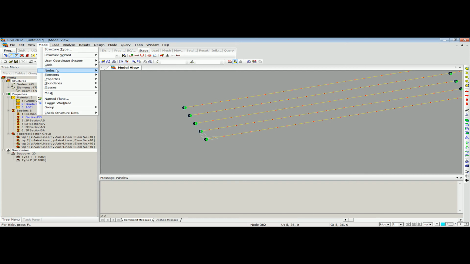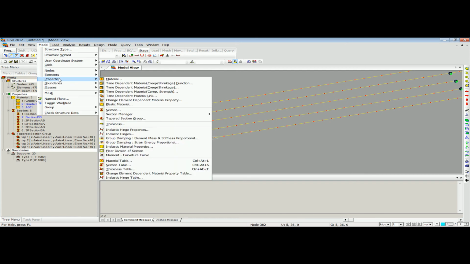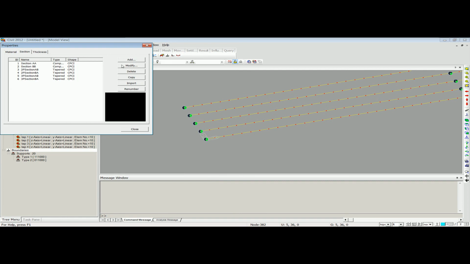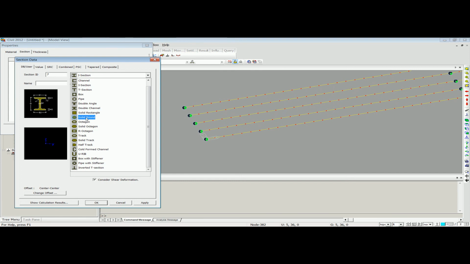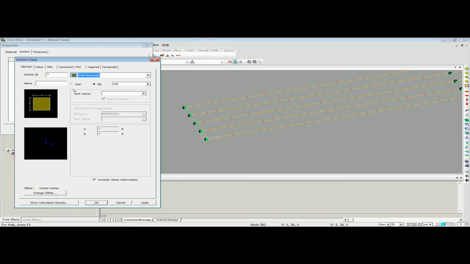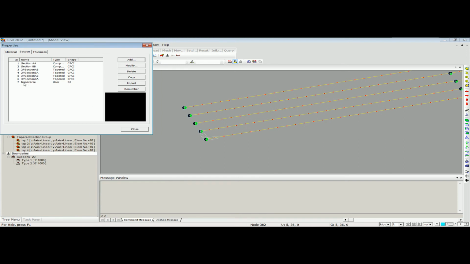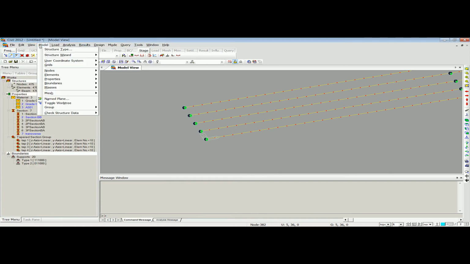So for that, first of all, I'll define a section property. I'll go to Model, Properties, Section, and I will click on Add, and I will define a rectangular type of section. I will give it a name, Transverse, and I will put it as user type. The H would be 10 inches, so I'm approximating it as 0.8 feet, and the width would be 5 feet because the distance between the two adjacent nodes is 5 feet. Once I click on OK, you can see that the transverse section has been defined,